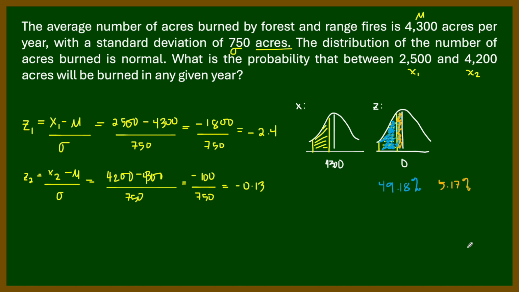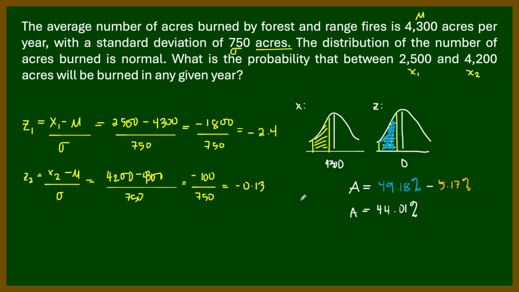Now, since we are looking for this region, classmates, we have to eliminate this shaded portion. So once we eliminate this one, this is equivalent to subtracting 5.17% from 49.18%. Now we will denote this as A, or the desired area. So by doing subtraction, we have A equal to 44.01%,